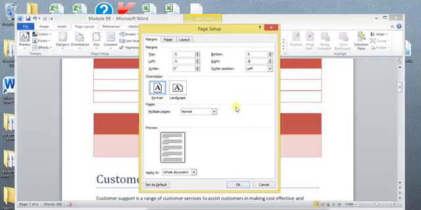Now we have 0.5. So let's say that I want to apply it to all sides here. I can click OK, but you also need to notice that there is an option here that is called set as default, and that means